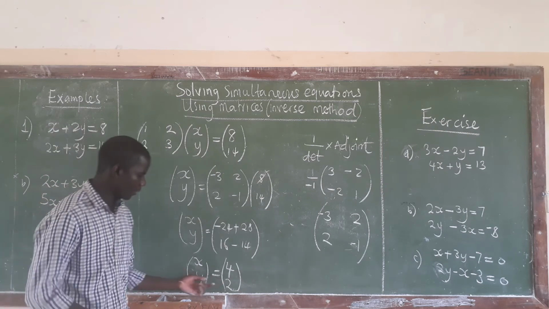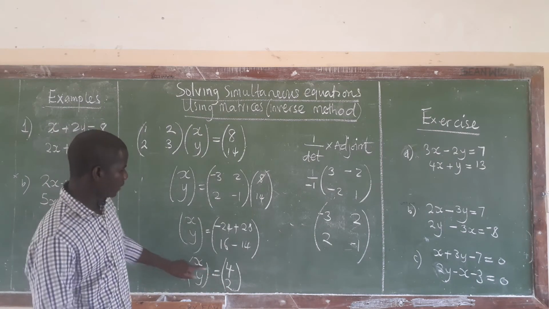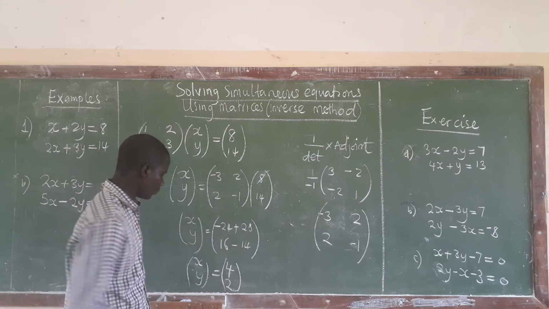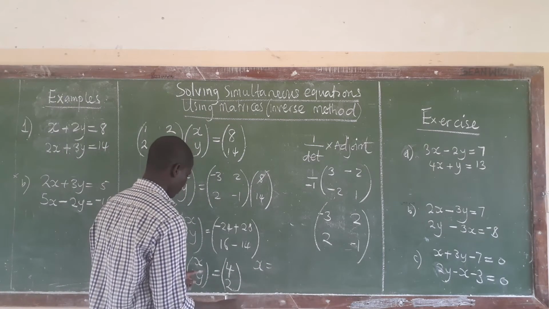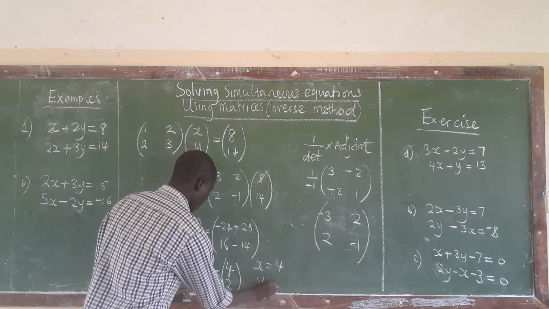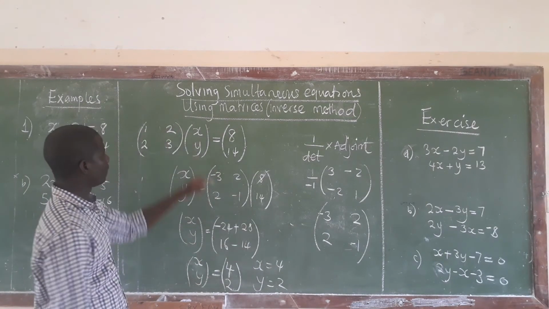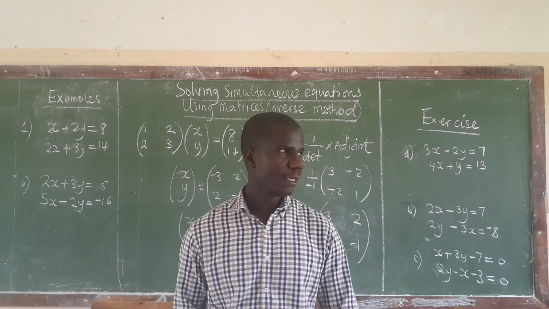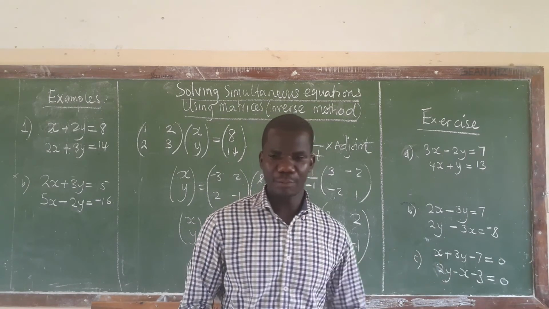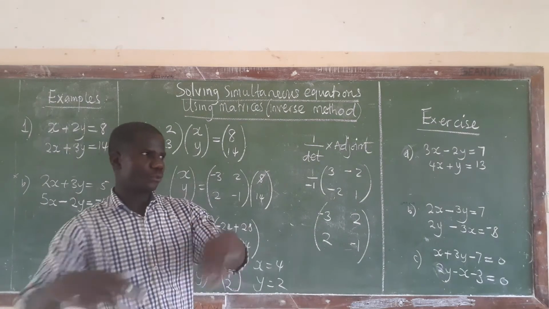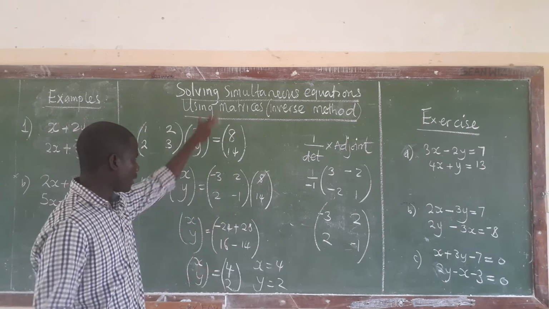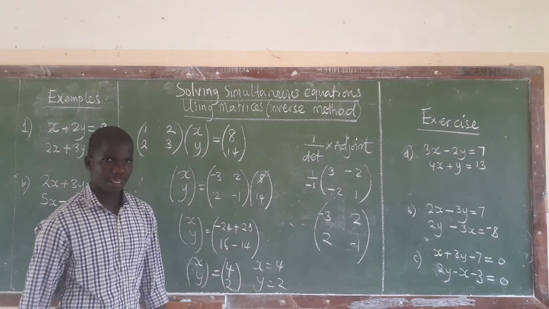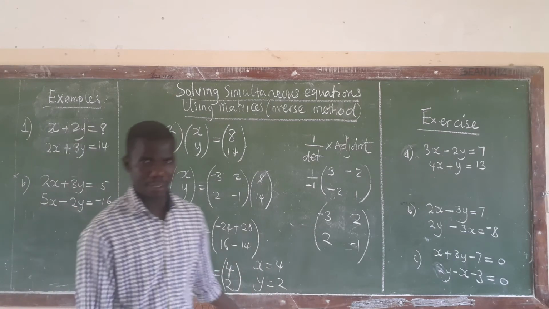So, when you look at this point, it's a question of now equating them. X is equal to 4, y is equal to 2. So here I can say x is equal to 4 and y is equal to 2. These are the values of x and y. You know simultaneous equation, it's where we want to find the values of two variables when we are solving it together at once. Using the two equations, we should be able to get the values of the two variables. And these are the answers here for x as well as y.